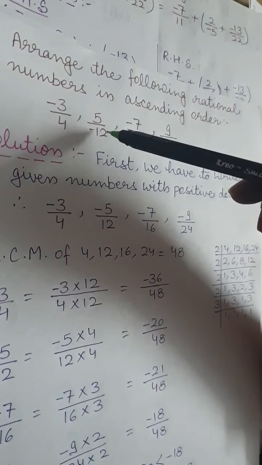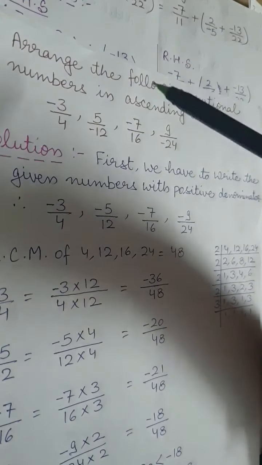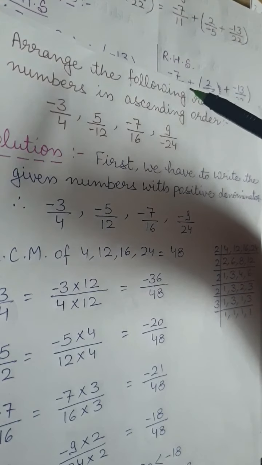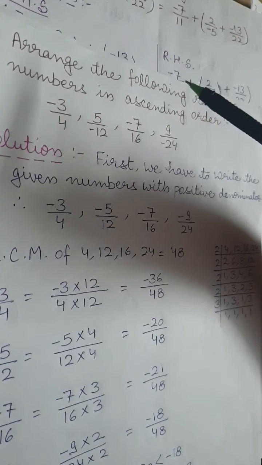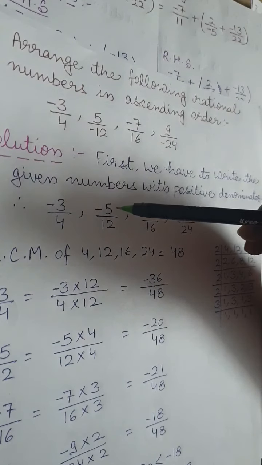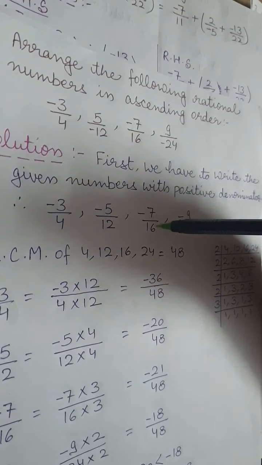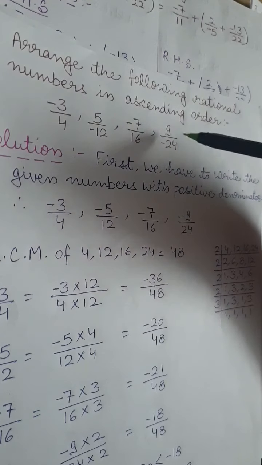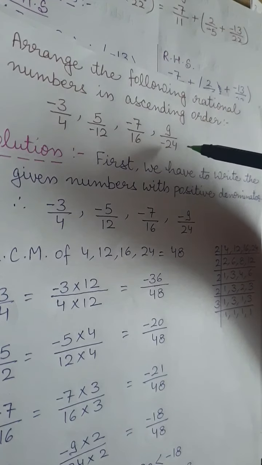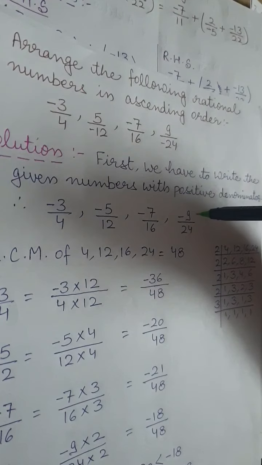So by what number we should multiply it? We should multiply it by -1. हम numerator और denominator दोनों को -1 से multiply करेंगे. So 5 upon -12 will become -5/12 it is. Same here, -7 upon 16, nothing to do in that. Then 9 upon -24. इसका भी denominator negative है. What we have to do? We have to make it positive. Fine. And it will convert it into -9 upon 24.